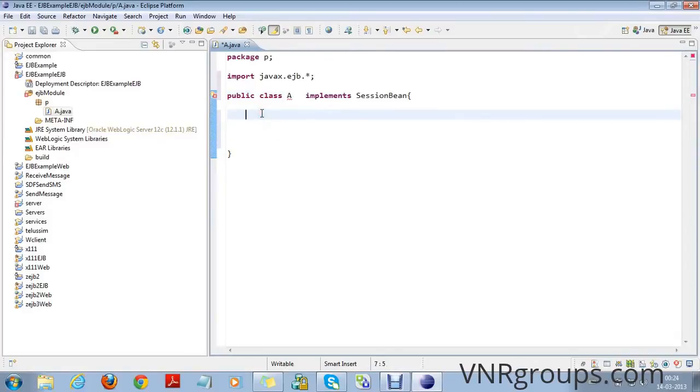This interface contains methods. Now we will define those methods in the class.